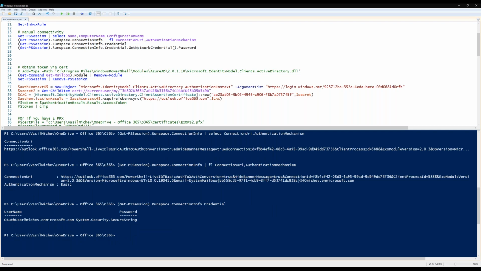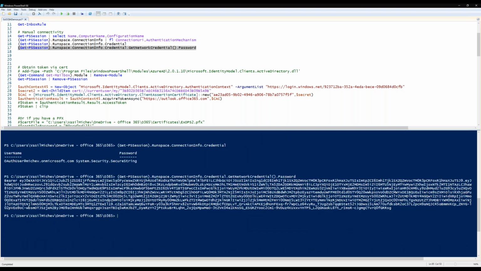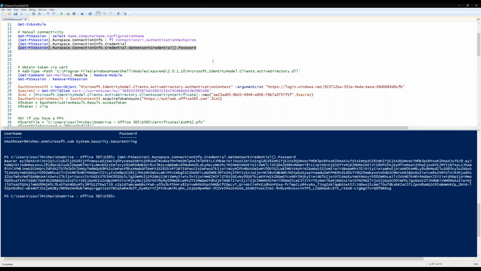if you take a look at the credentials object, you can see first of all how the username looks. In this case, it's basically something made up. It's the string "oauth user" at my tenant identifier. I don't actually have any user with this username, which is probably an interesting thing to test. I should have thought about this earlier. Anyway, if you take a look at the password, it's a very long string, which is basically this access token. So if I go ahead and copy this thing,